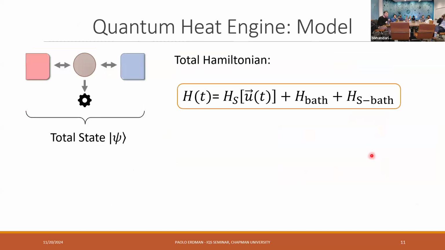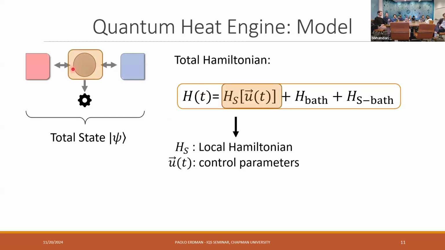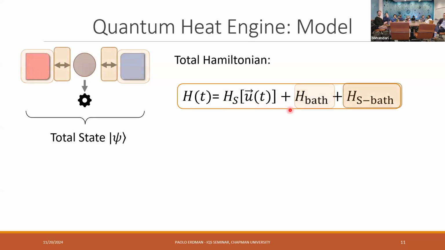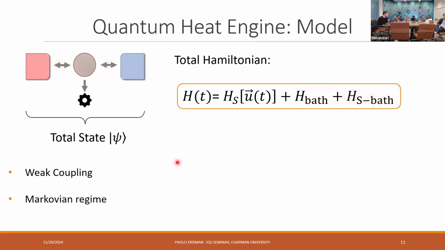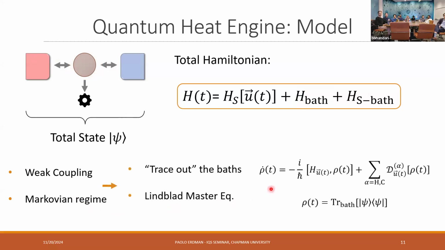Okay, mathematically, how do we describe these systems? We assume that the full system plus the reservoirs obeys unitary dynamics. So we assign a Hamiltonian to the full system, and we have one term that describes our system, for example the qubit, and this depends explicitly on our controls. And we have one term describing the heat bath and one term describing the coupling between the two. And okay, if we make some approximations, for example, we assume that the coupling is weak and that we're in this Markovian regime, one can essentially find an effective description of just the state of the qubit, but in the presence of the heat reservoir. And this would be the Lindblad equation to describe the dynamics of this open quantum system.